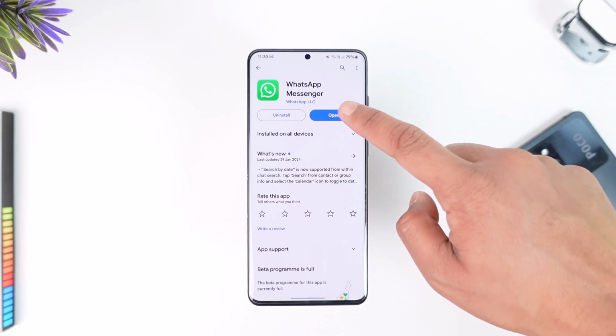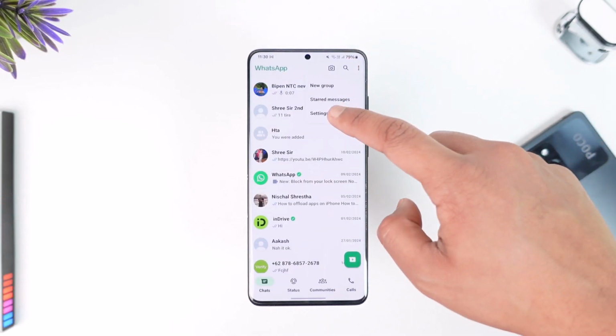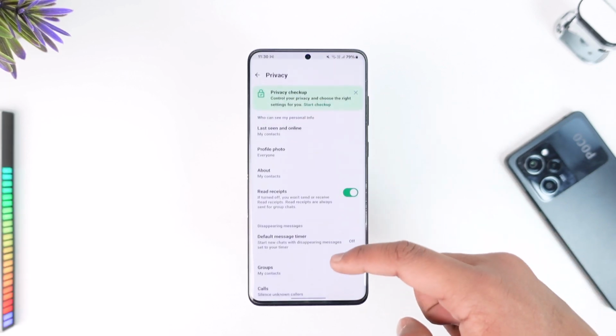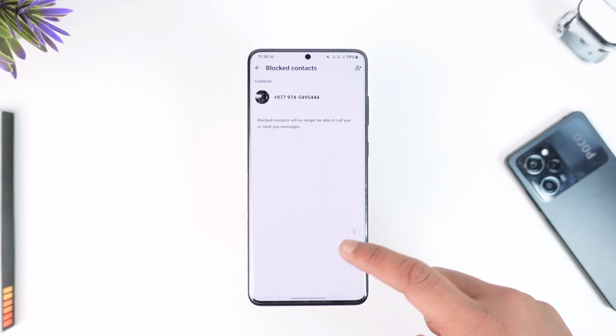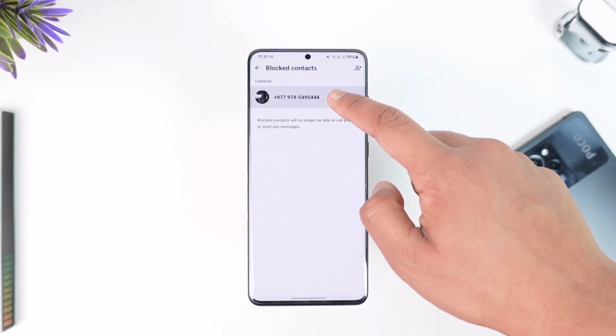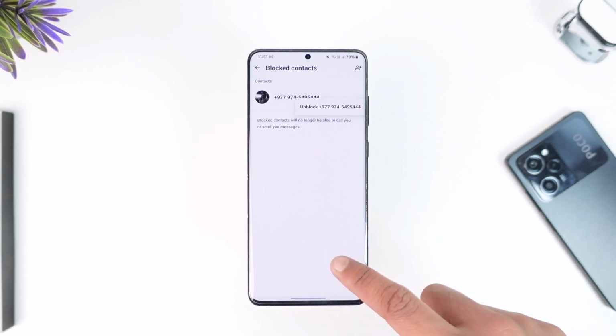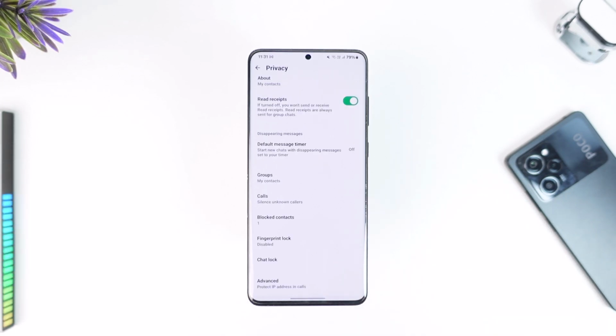So if I open up the WhatsApp application, let's say you happen to block someone, you tap the three dots option, you go to settings, you go to privacy, you scroll down to the blocked contact section, and then you will be able to see a contact that you've blocked. Now unfortunately, if you want to remove them from your blocked contacts, the only way you can do so is to simply unblock them. So unless you choose to unblock them, you can't delete them